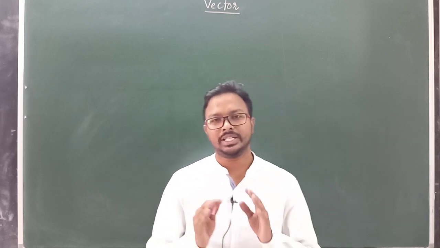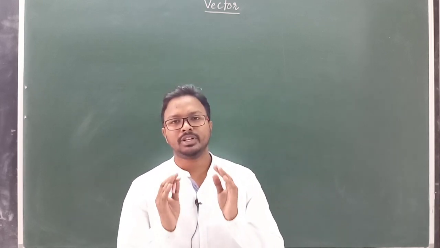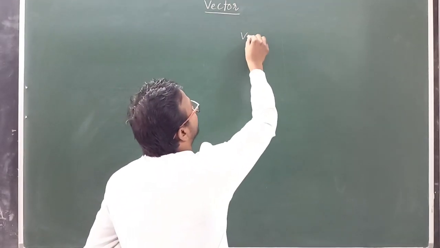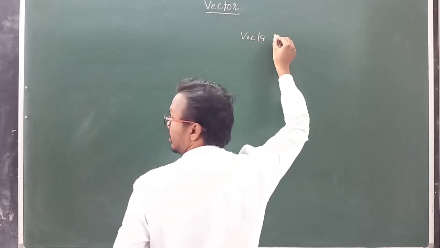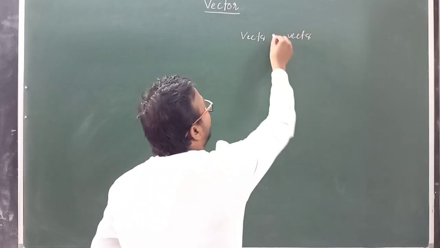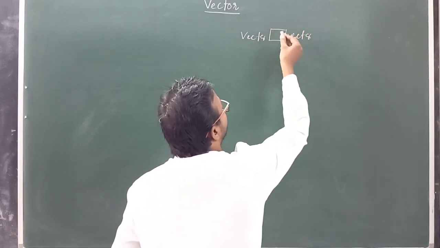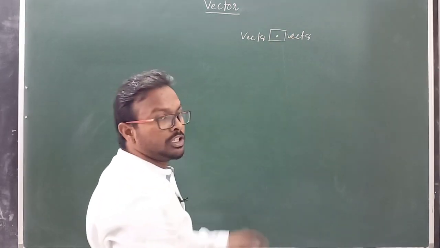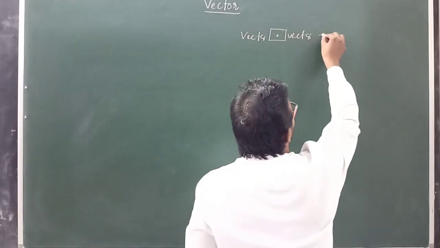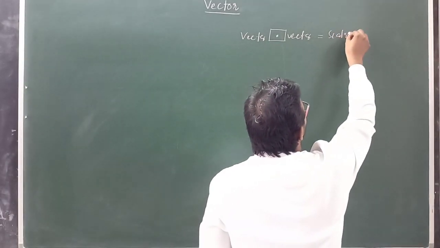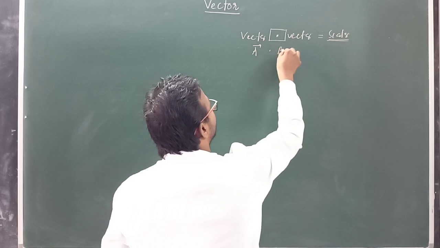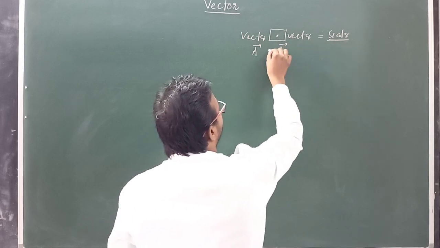Last class we discussed multiplication of vectors, meaning the dot product of two vectors. So in the multiplication of vectors, one vector is multiplied with another vector, and we have to use a dot sign here, that was the dot product, clear. So vector into vector, but with a dot sign, and we get a scalar physical quantity. Suppose a vector dot b vector, the dot product of two vectors a and b,